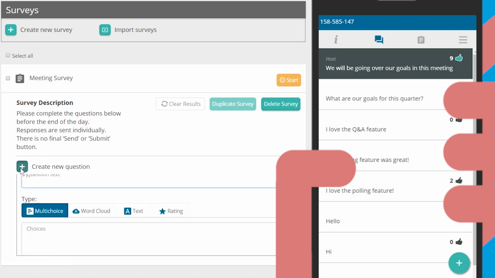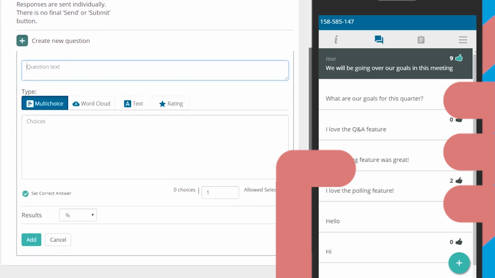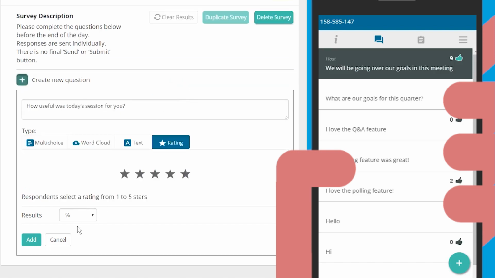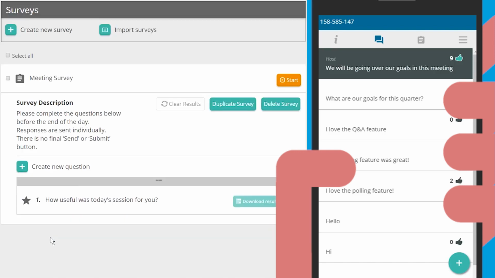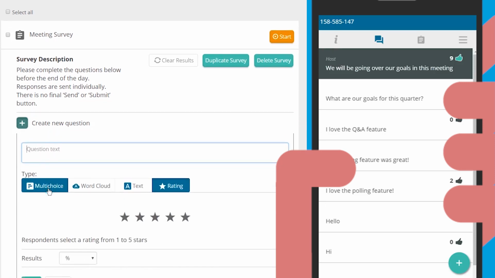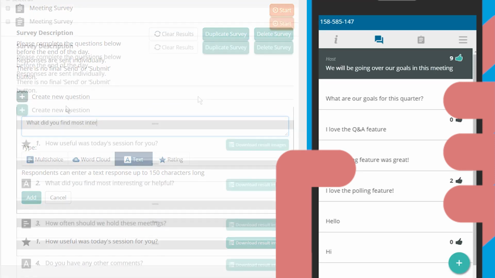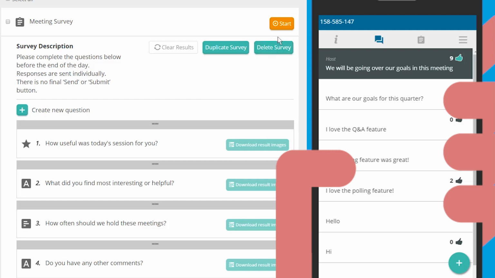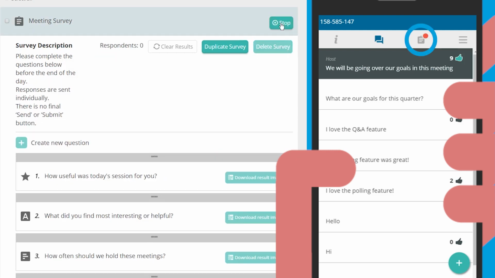Okay, let's add some questions to our survey. From here you can see that they are inputted exactly the same way as live polls. All I have to do is hit Create New Question to add each new one. When you're ready, you can start the survey and participants will see that a survey is now live in the